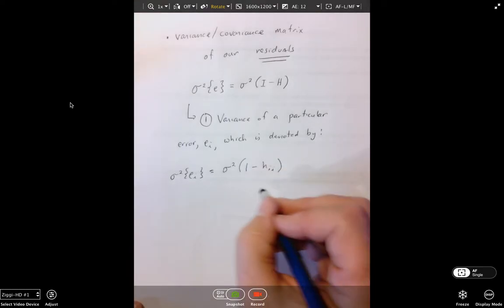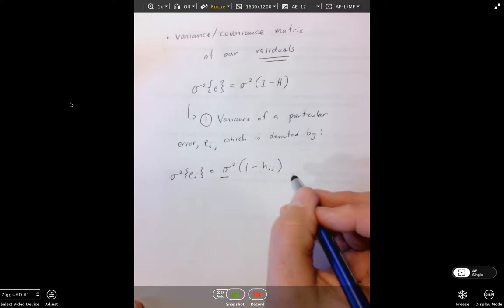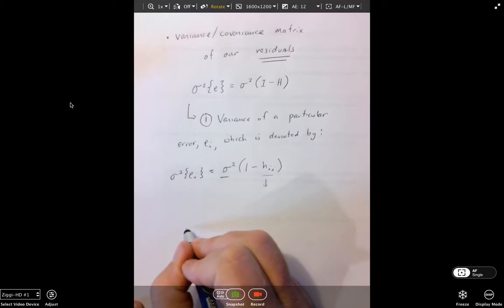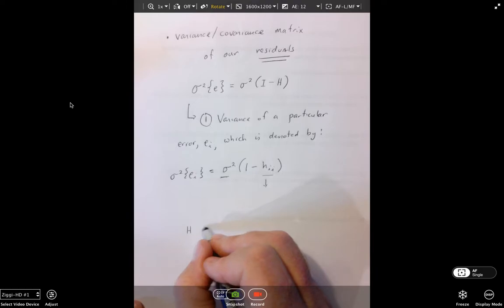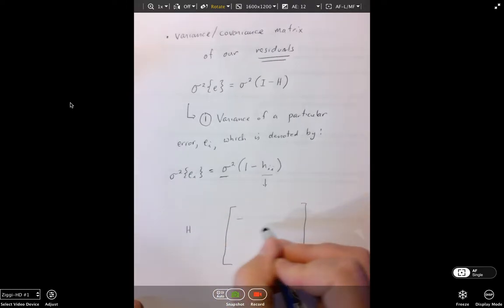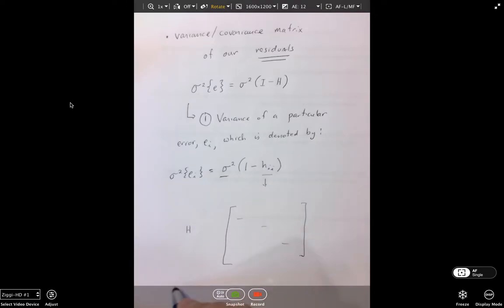Now, this is just the common variance times what is in our hat matrix. The values on the diagonal are the h_ii that I speak of right there. So we can say that